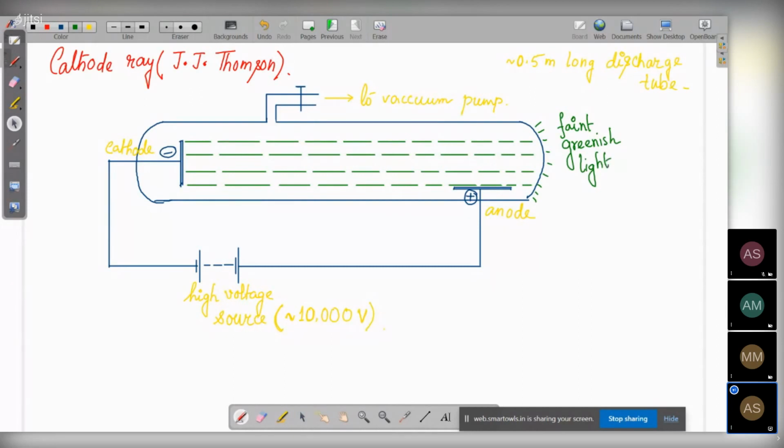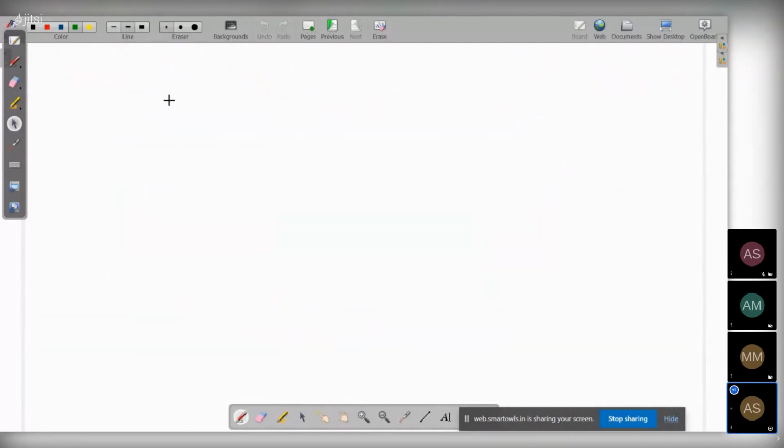So this was his experimental setup and this is what he got. So let's write down his observations. The first observation will be his observations. These observations will be important for the level of your board exam, for the perspective of your school examination. This will be important.